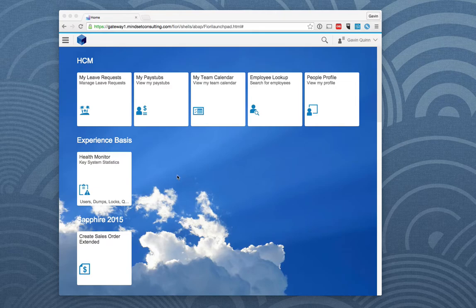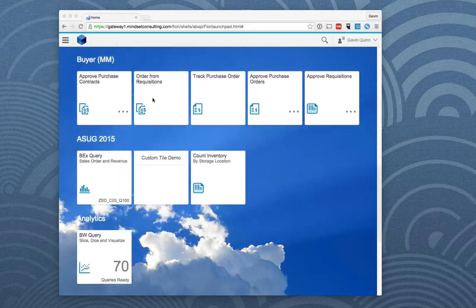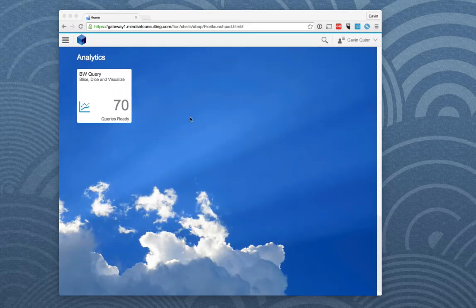So what you can see here is your Fiori Launchpad with typical application groups, for example, your pay stubs or sales order applications. What we did was we added a new tile here from the analytics group called BW Query, where you can slice, dice, visualize, and share data. We also have a little live indicator here that shows the number of queries you have available in your system